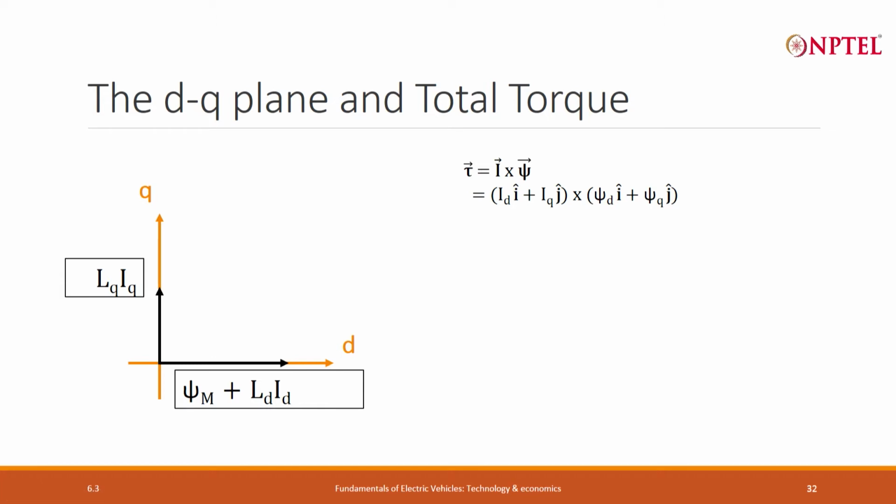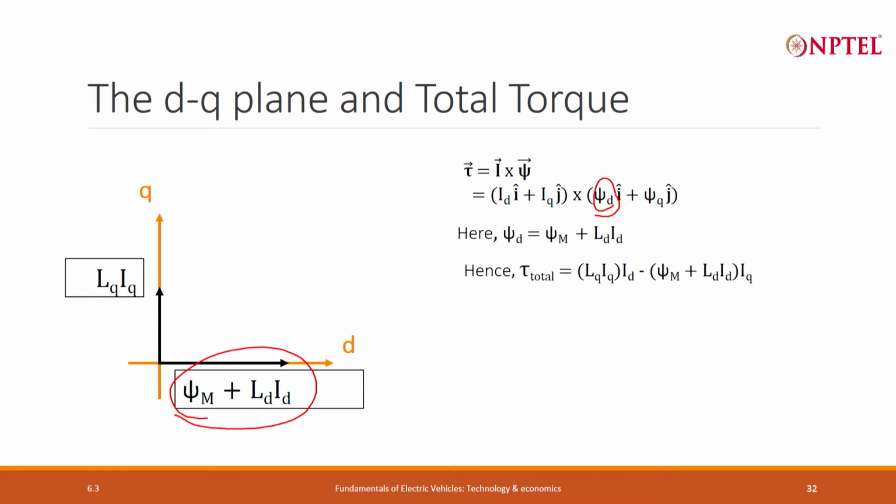Now, again I can say torque is equal to I cross xi. I is nothing but ID plus IQ with the unit vectors appropriately, and I can do a cross product with xi d and xi q. The xi d is nothing but this. The xi q of course is equal to LQ-IQ. So, now I can just expand this term by doing the cross product,